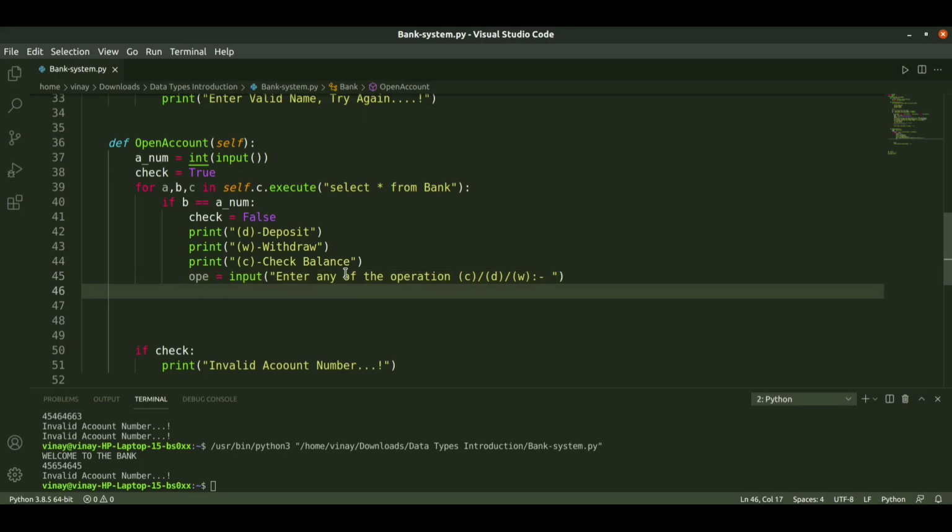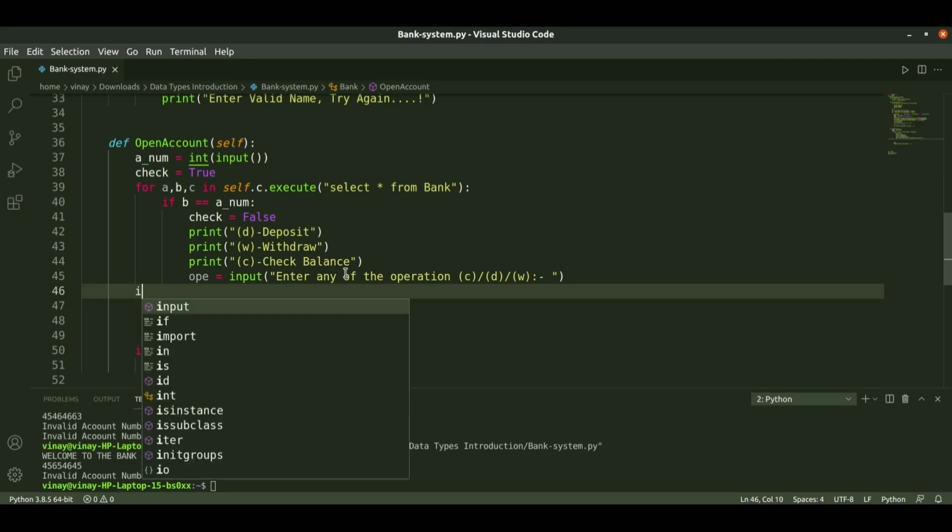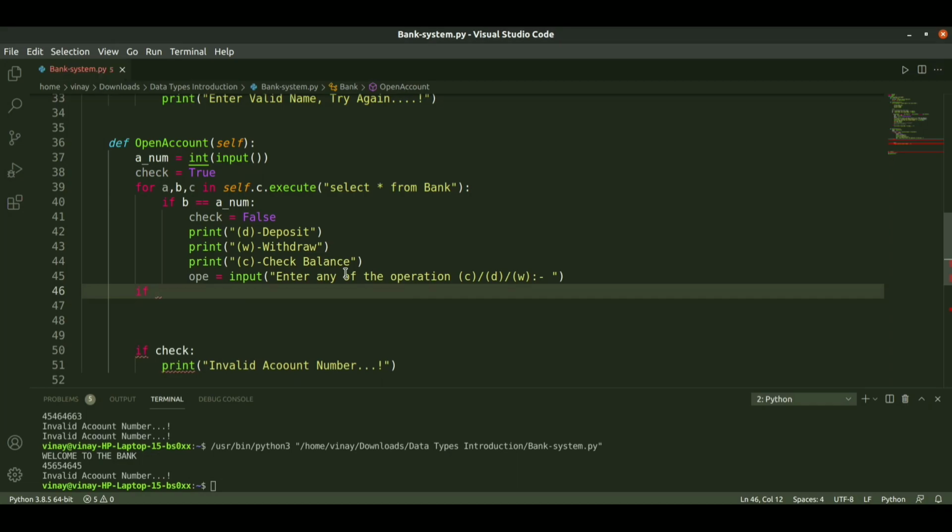For now we will exit from this. If we select something as deposit, first we will write deposit for deposit. So we need to check whether this account belongs to this account number. When we exit this loop, we need to check again whether this account number is his or not.